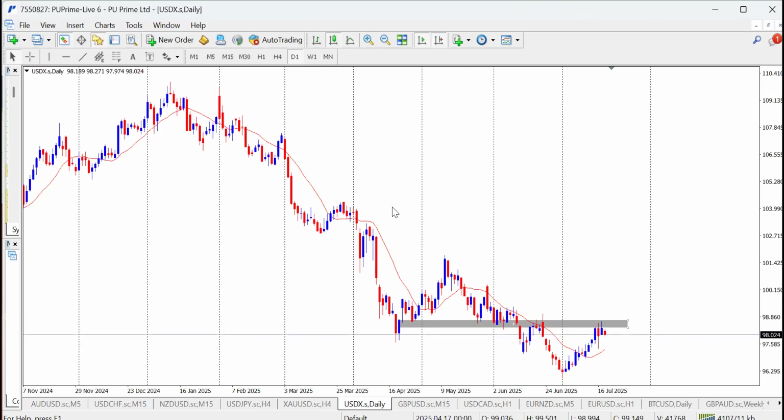You can see the market rejected this support become resistance level here, and also here, and we have a rejection here,